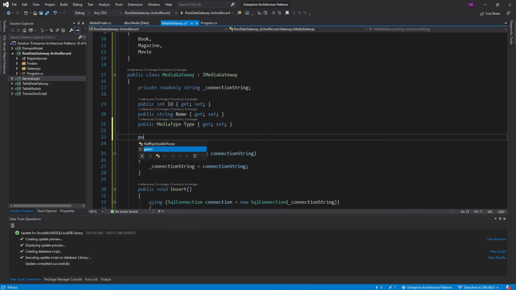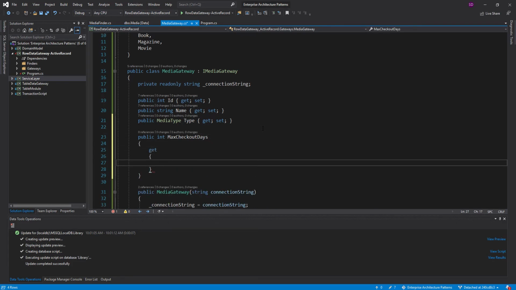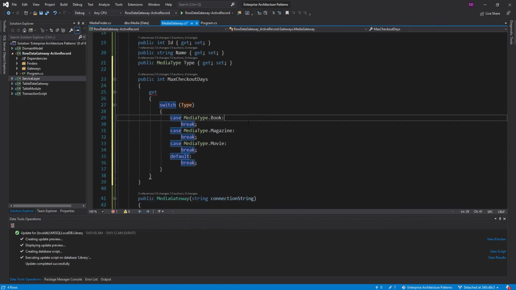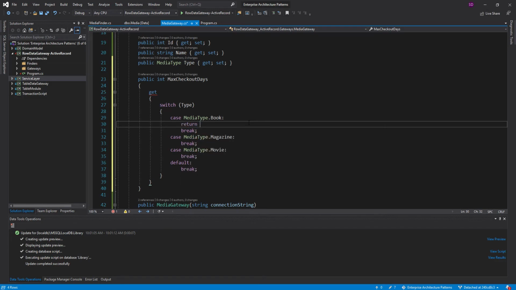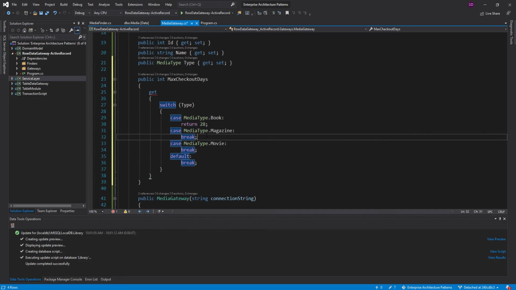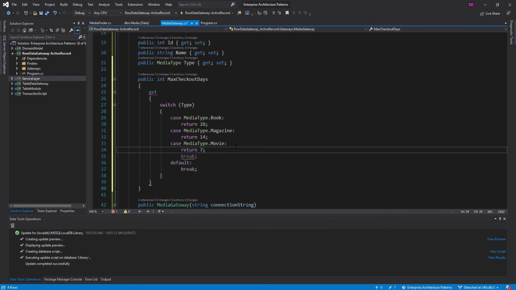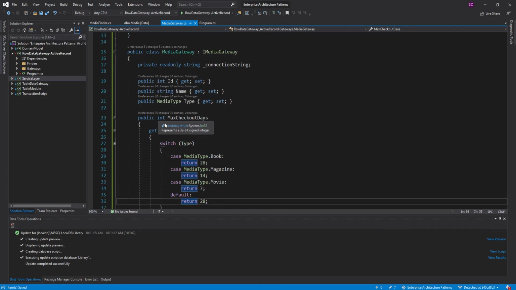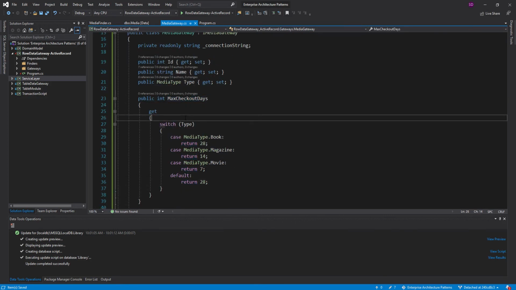So I'm going to create a property, and it's going to return an int, and we're going to call it max checkout days, and it's going to be a get, and all we're going to do is have a little switch statement, and we're going to switch on the type. Oh, it automatically filled that in for me. That's very nice. Okay, so if it's a book, then we're going to return 28. If it's a magazine, we're going to return 14. And if it's a movie, we'll return 7. And then by default, we'll just return 28. And there we go. We have an active record because we just have business logic on here along with our